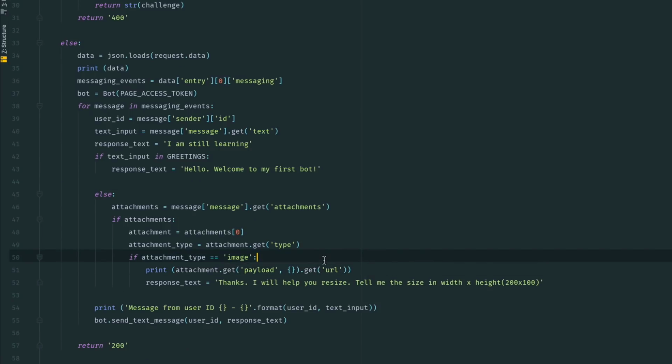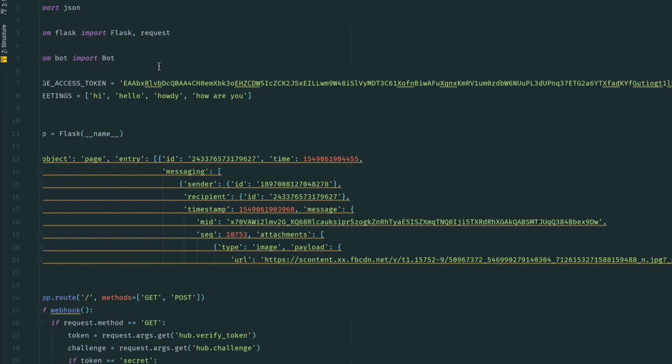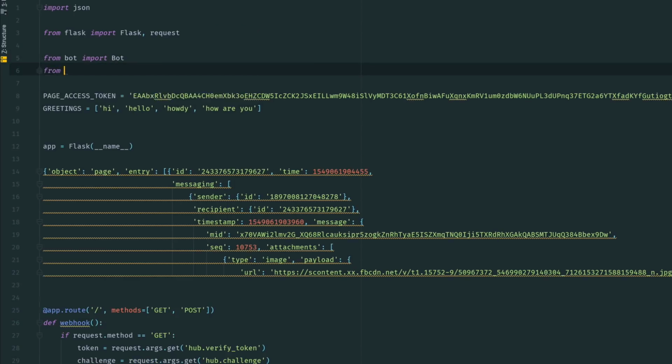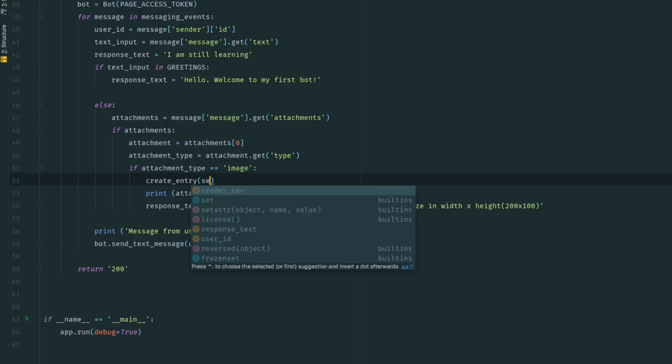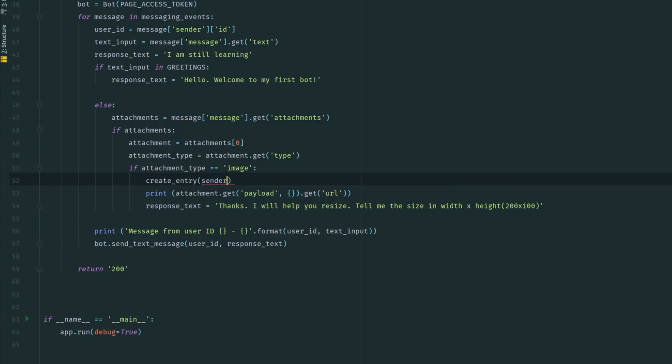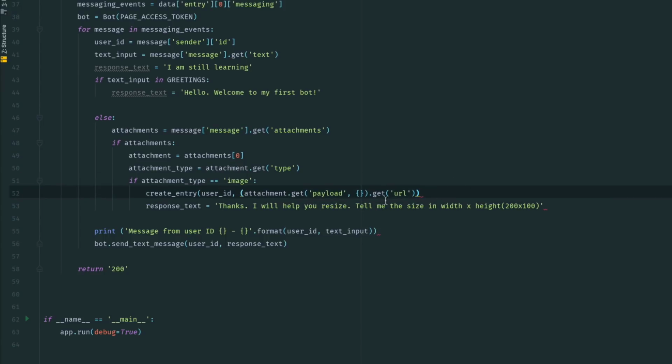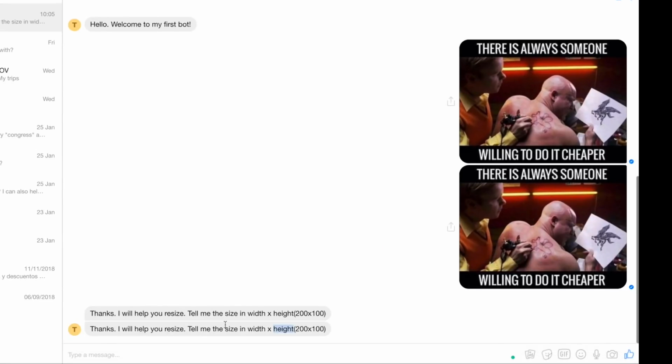Let's do that then. Let's import the utility function first. Create entry. We already have the user ID and we have the image URL. Okay. That's perfect. Now the other thing is, if we go back to the flow here, now at this point user